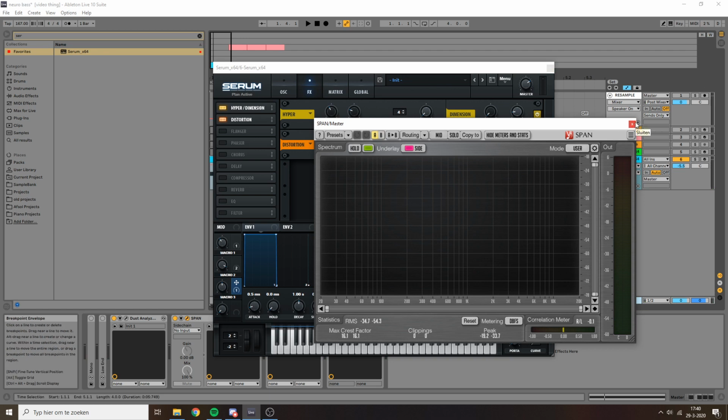So the way that I would deal with that is I would use some kind of multi-band compression to keep all of the frequency ranges in check, to not have them peak out too high or dip too low. For example, the sub bass: I wouldn't want to lose all my subs when I find a combination of macro positions that does that, so I want to pull that up a bit. But also, I don't want the high end to get extremely loud